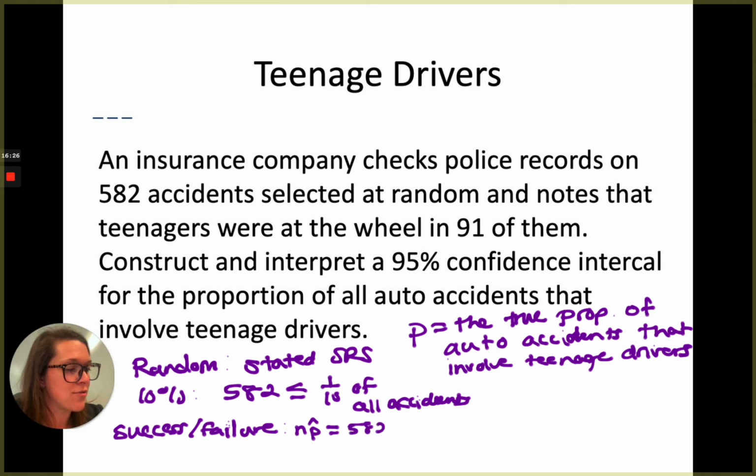So 582, and we said 91. So 91 out of the 582 is 0.156, I'm going to say, which is 91, so that's greater than or equal to 10. And then that would make my failures 582 minus 91, which leaves us with 491, which is greater than or equal to 10. What is that? 0.84. Okay, so with conditions met,